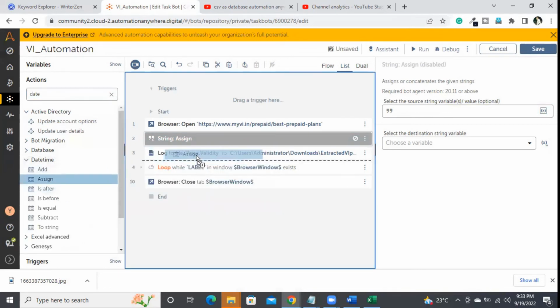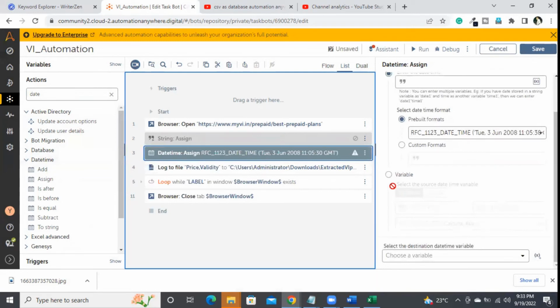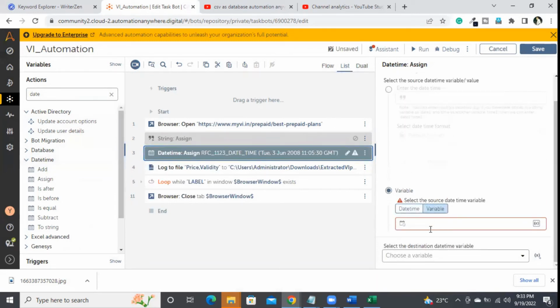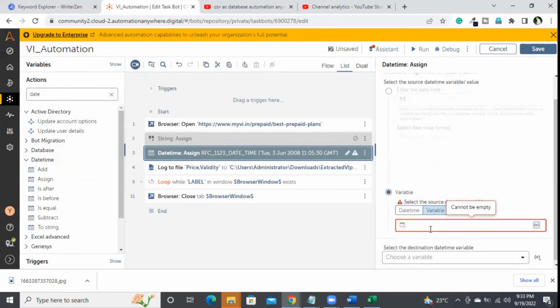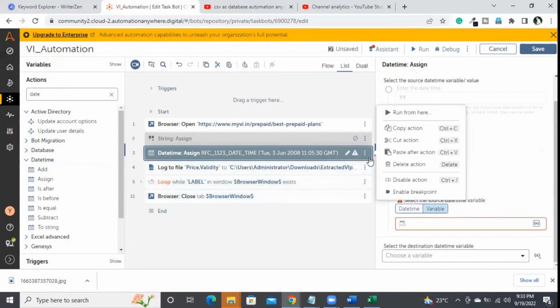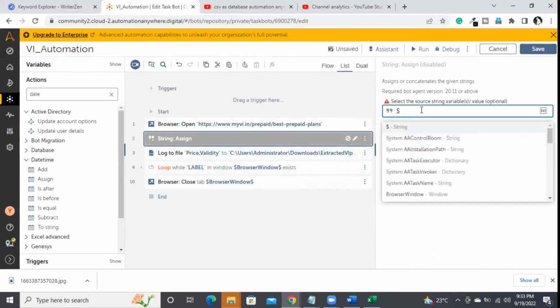I'll take the assign option here, and here I'll go through the variable option and choose the variable. So these conversions will be a very difficult task. Okay, I'll show you the simple way using the type conversion. So here, simply, I'll select that